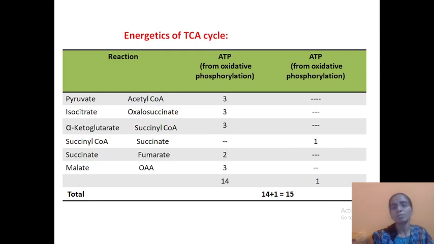So in this small video we have discussed the Krebs cycle. We have also discussed the trick to remember the cycle, and we have discussed the number of ATPs which are generated in the TCA cycle. I hope that you have